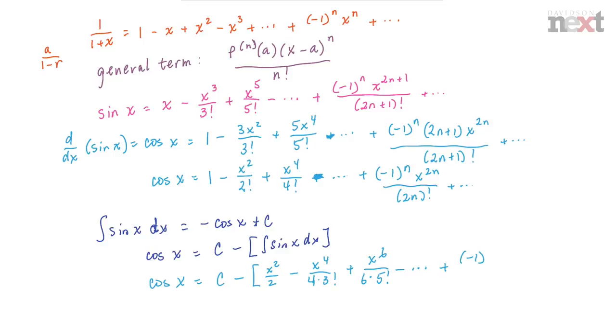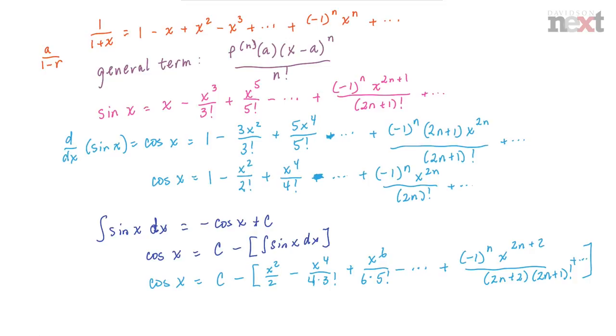And when we get out to our general term, negative 1 to the n, x to the 2n plus 2 over 2n plus 2 times 2n plus 1 factorial, and so on. And simplifying each of these terms, combining the denominators into new factorials, and also evaluating for our constant, we know that the cosine of 0 is 1, and the polynomial terms of our series